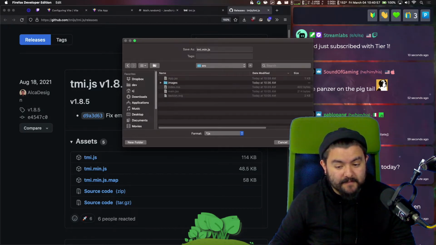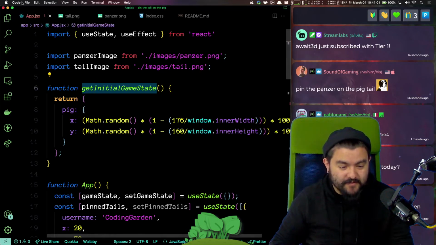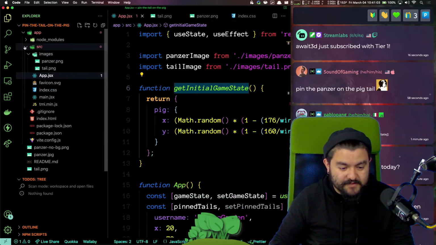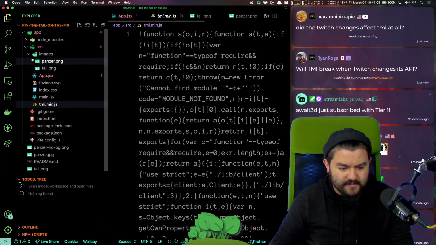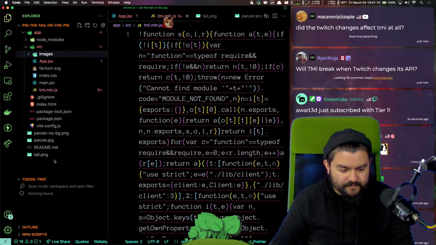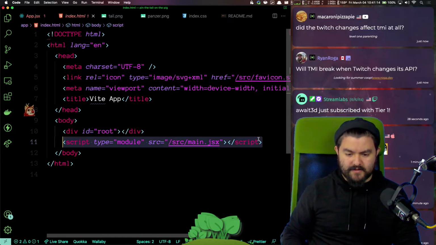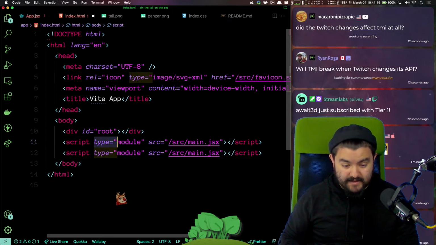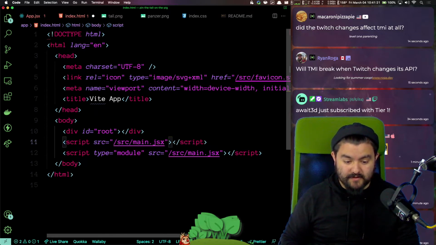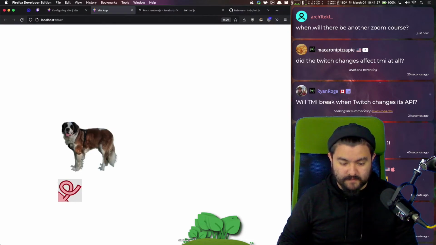Yeah, we're just going to put it in there. We'll just put it like that. Let's see how this is going to work. I don't know how this will work with Svelte, but hopefully it will work. So in our source directory, I think, yeah, we have tmi.js. So in our index.html, that was loading the main file. But before we do that, it's not type module, and we want to load source/tmi.min.js like this. Let's see if anything breaks when I do this.